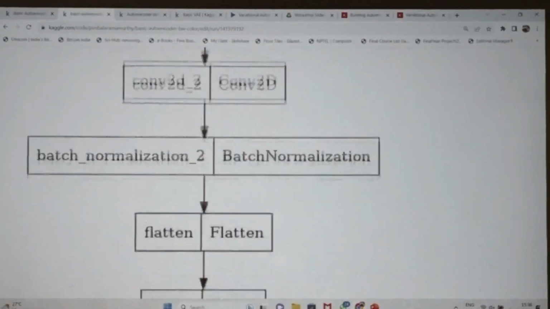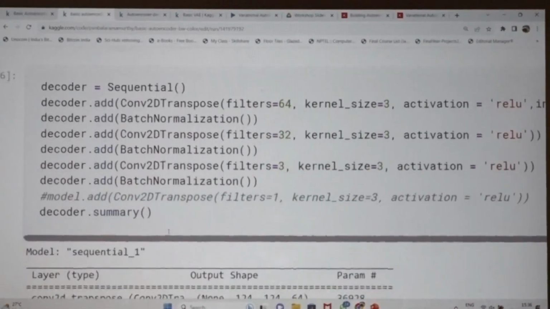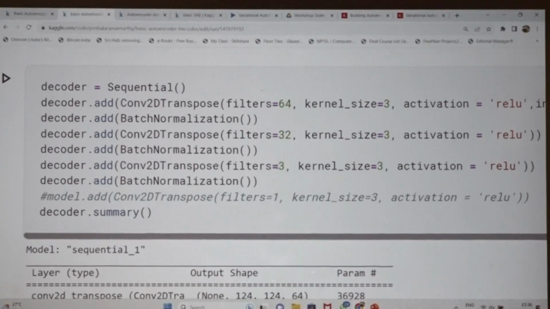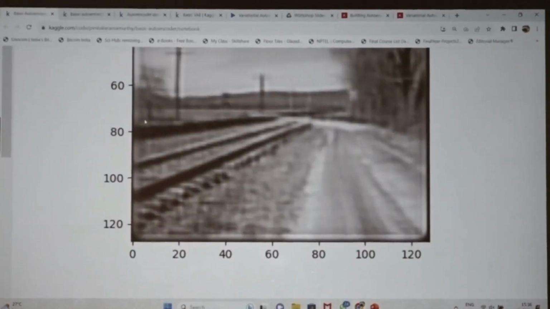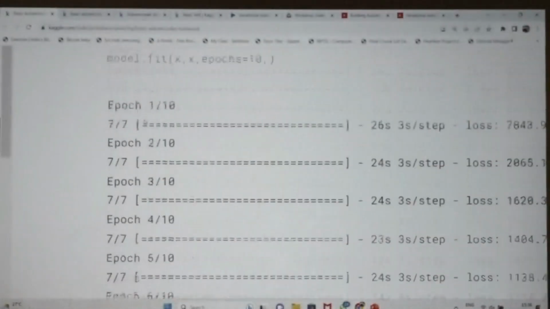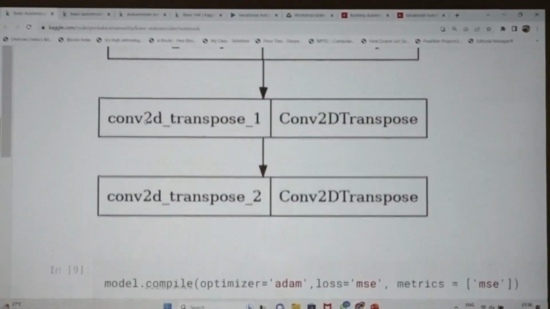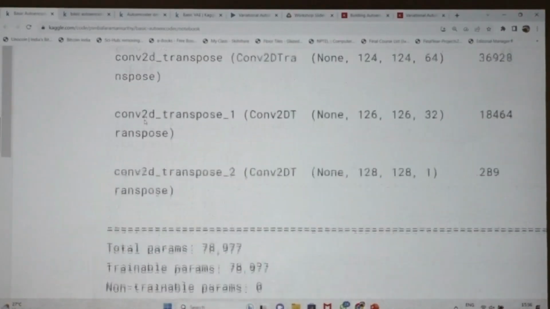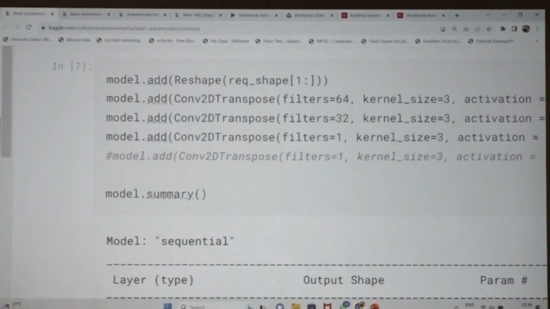This is the encoder, and I am not changing it much. For the decoder, you can see that the last convolutional transpose has filters equal to 3. If you see the decoder of the basic autoencoder, you can observe the number of filters is 1.